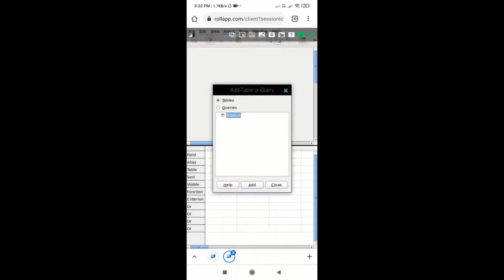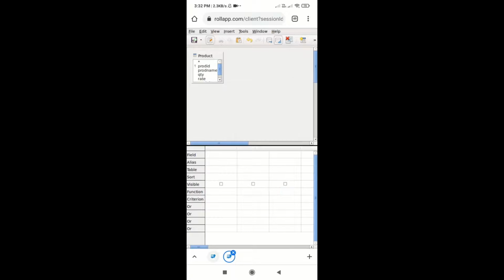and as soon as you click on that, you will see such a window pop up. Select the table name and click on the add button from the bottom of that little box, and then close this box from the cross button. Now at the bottom you can see field. Click on the first box in front of that and select product name. I want the product name to be displayed along with the amount, that's why I'm selecting it. And then select quantity in the second box,